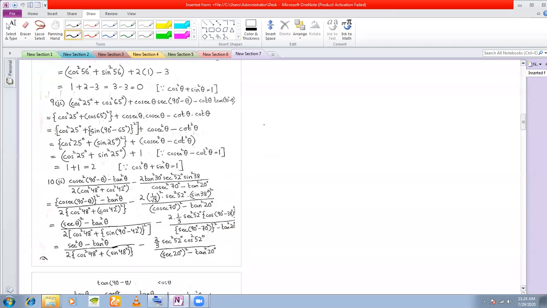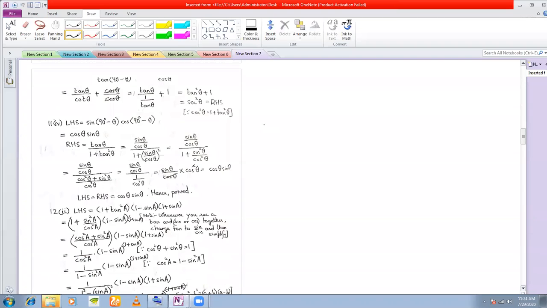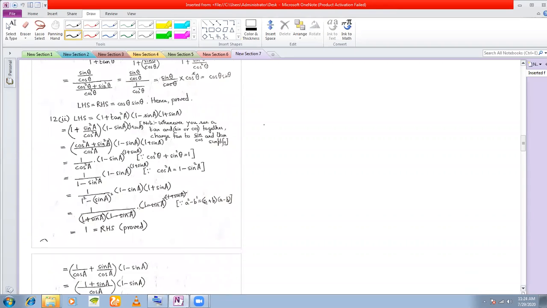Now, all these problems that you are seeing on the screen are class 9 standard problems. I don't know why they have given them in this textbook, but it should not have been given. These are not your class 10 questions, but still I have done them. You go through them just because it is given in the textbook. So not much of a problem going through all these. So I'll start with 12.2.